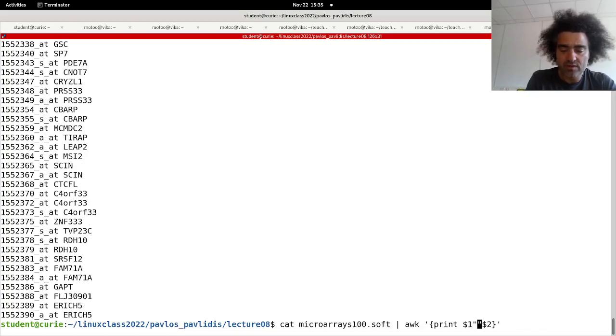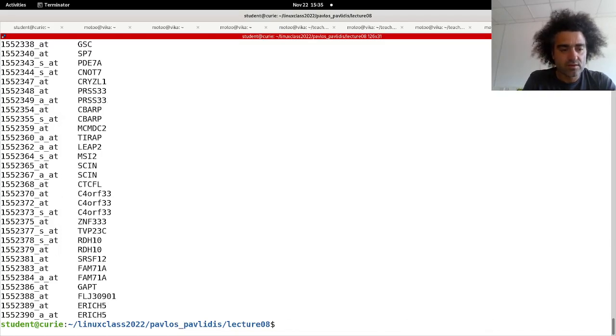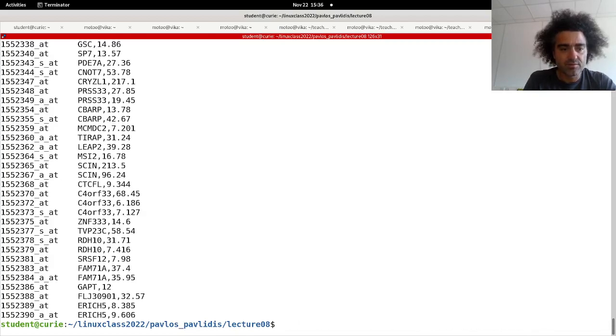Of course the tab is suggested because it formats everything better. Of course, the delimiters can be combined, so if I want then to print the third column with a comma, I can just use a comma here, and so